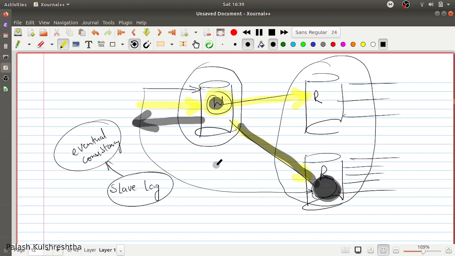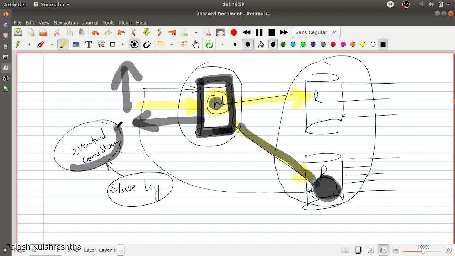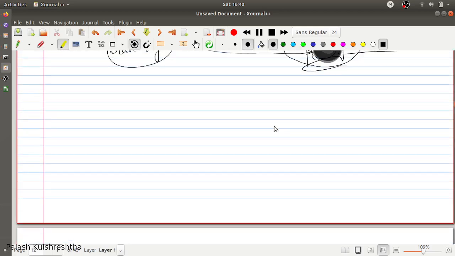But the problem with this approach is it is going to increase your latency, because currently in the normal scenario you are going to be concerned about the time taken to write in a single database. But when you are ensuring consistency among the slaves, you will have to bear the time taken to write in slaves as well. Now let's try to see how we can achieve these types of cases.